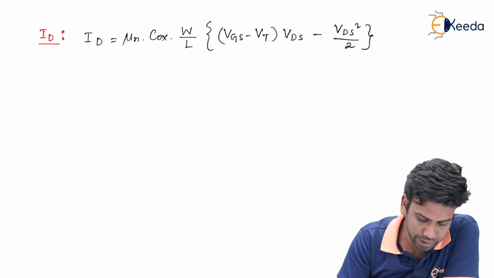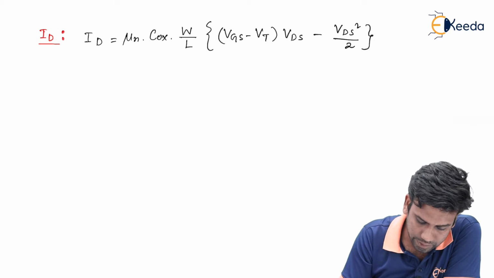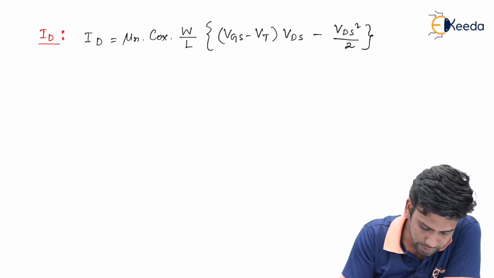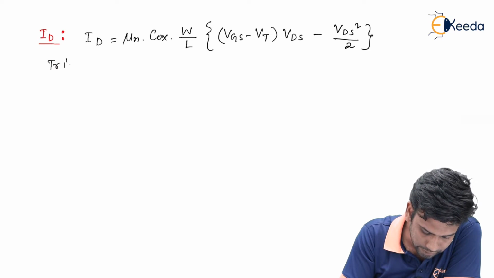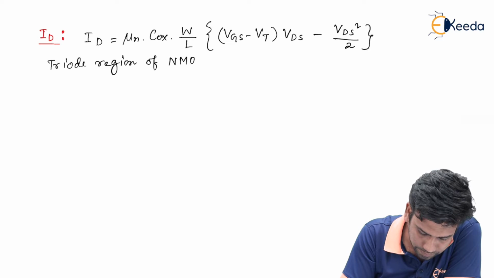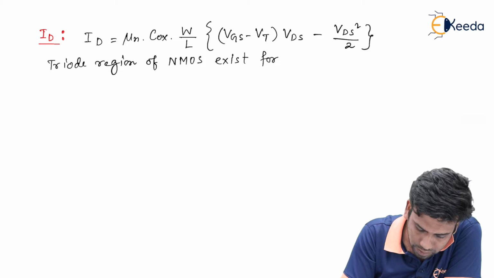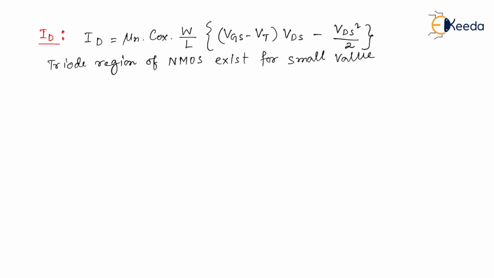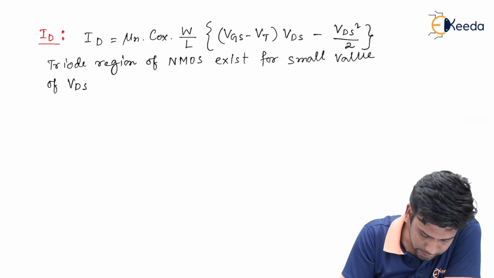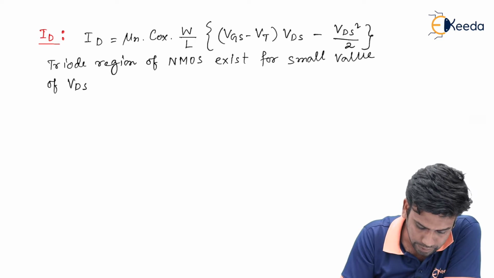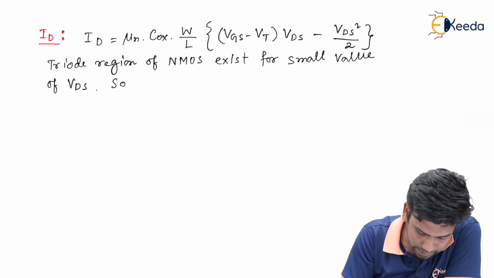So the triode region of NMOS exists for small values of VDS, that is the drain to source voltage, so we can neglect